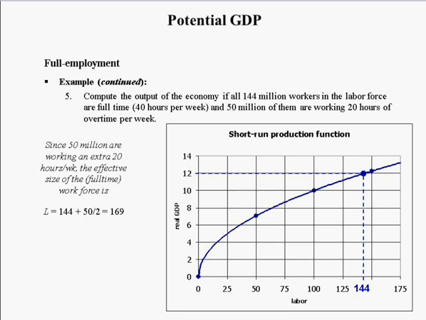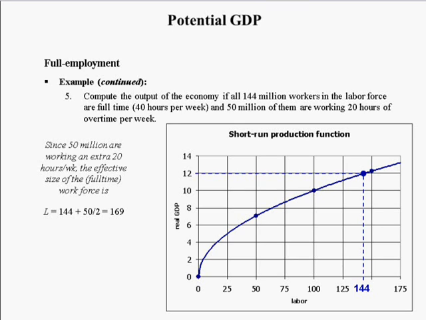And that's why they're added here. The 50 million people are included here and here. So how many people are working 40 hours a week? Well, 144 minus 50 is 94. So 94 million people are working 40 hours a week for 50 weeks a year, while 50 million workers are